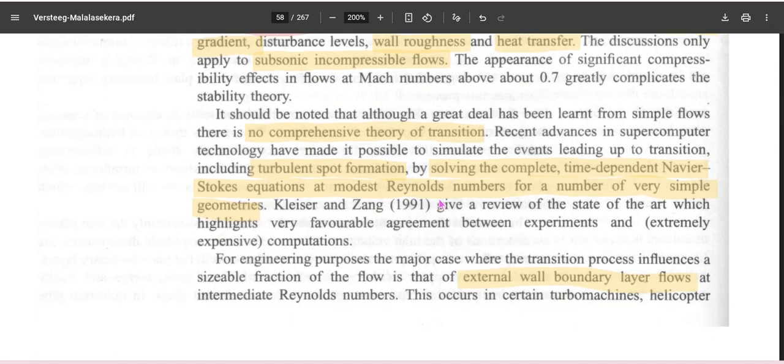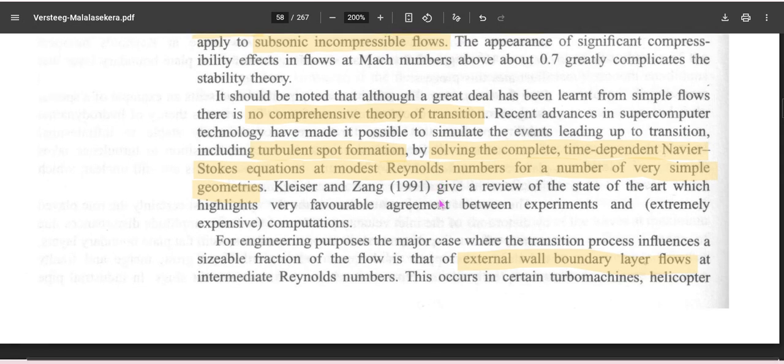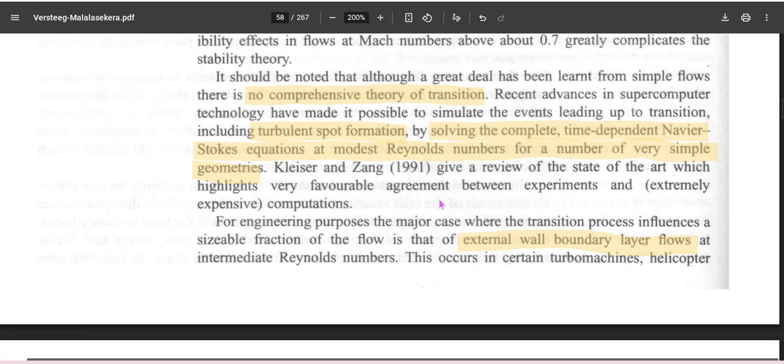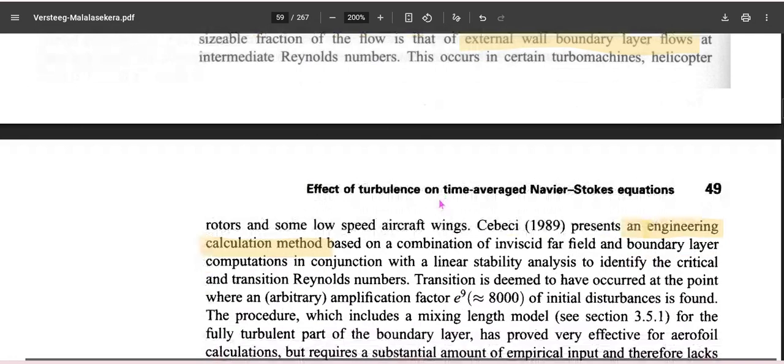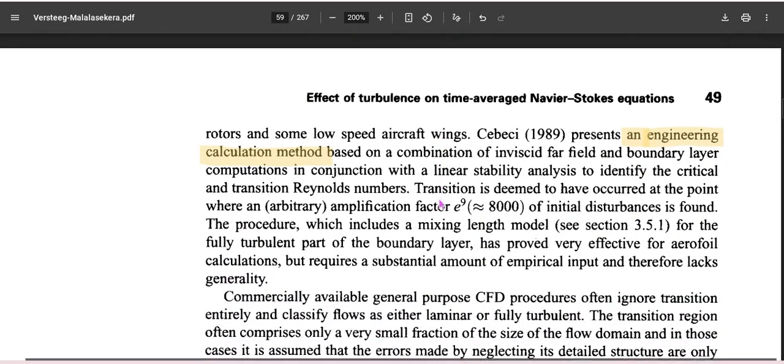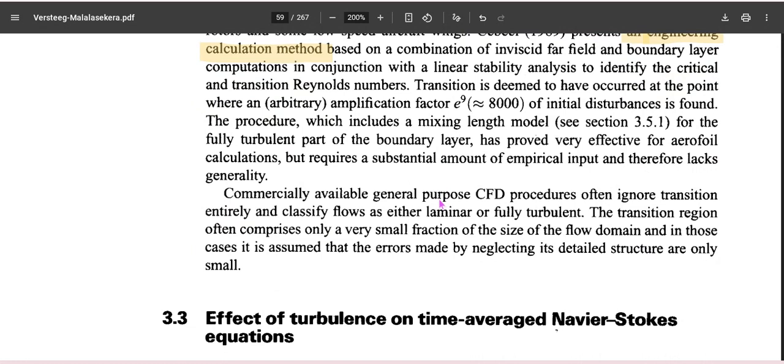There is no comprehensive theory for compressible turbulent flows, and moreover, these theories are based only on very simplistic geometries. A comprehensive theory for complicated cases is still missing. The theories are well developed for external wall boundary flows, but for pipe flow it's not that well developed, and some commercial CFD procedures are being developed that completely ignore these